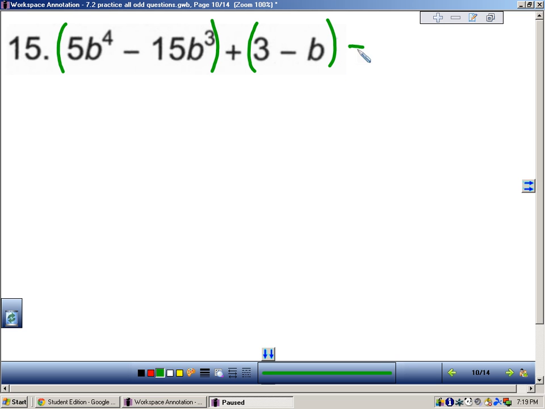So 5b to the third is my greatest common factor, b to the fourth power minus 3. Oops, this wouldn't be 3 to the b fourth. B to the third, this would just be b, right? Yeah, because b to the fourth is here, so that's correct. I fixed it. Slight error there, but I caught myself. Double checking. 5b to the third times b is 5b to the fourth. 5b to the third times 3 is negative 15b to the third. So it checks out. Plus